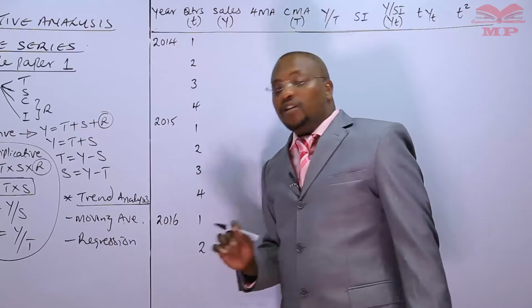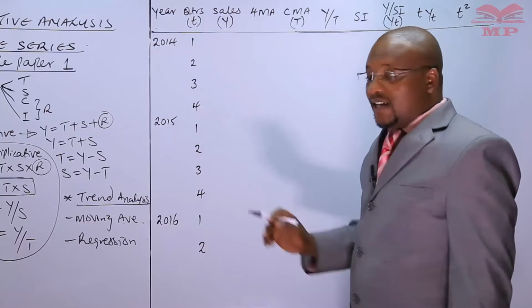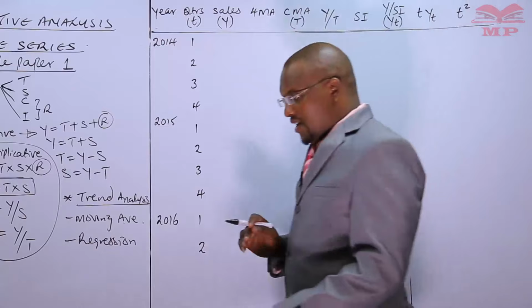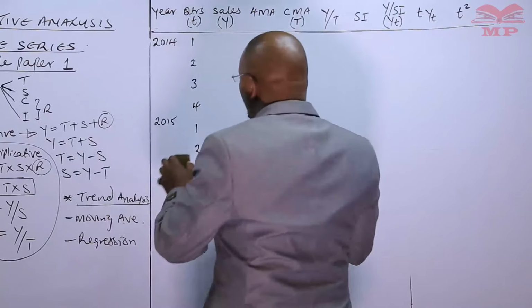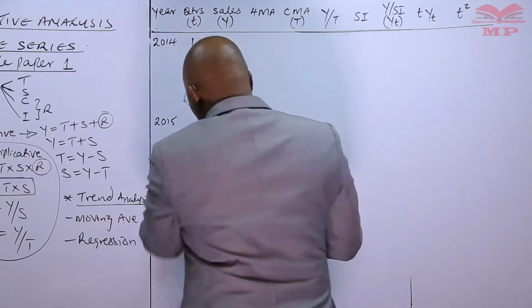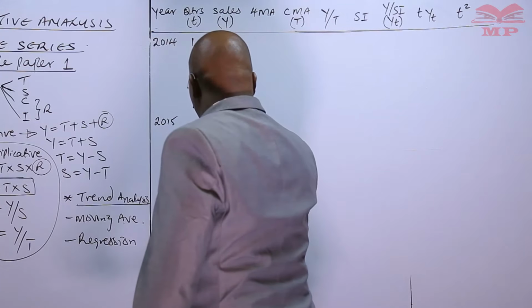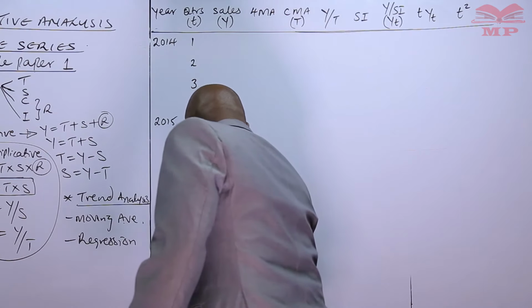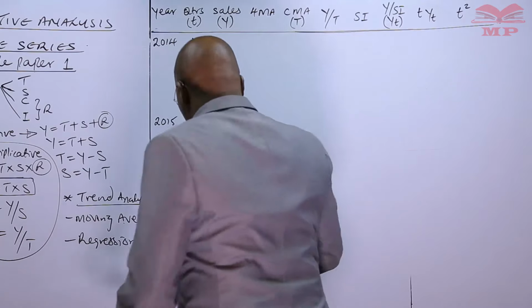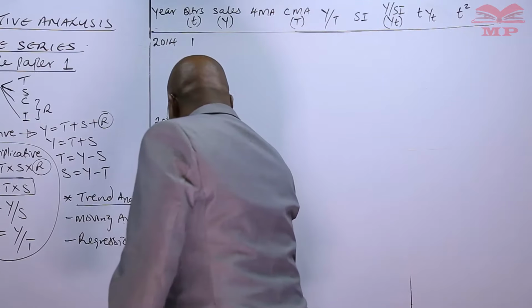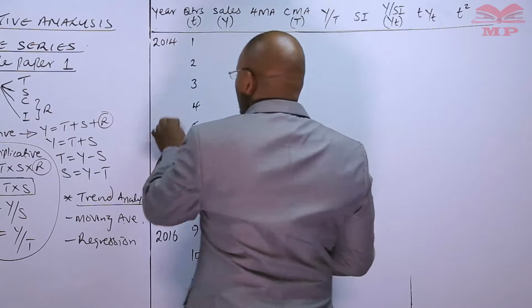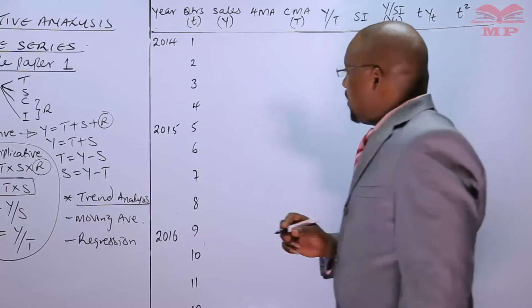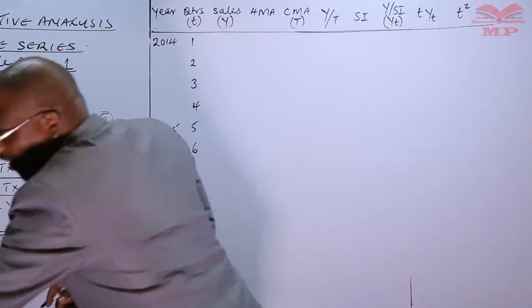But if you're going to use regression, then you need to use the trend, or these quarters or time on a continuous basis. So meaning, I am going to change. Now I have continuation. So after 4, I just proceed to 5, 6, 7, 8. Then this is going to be 9, 10, 11, 12. So this is 2016, the year, and this is 2015, the year. Then we have our actual values, which have been given there as,